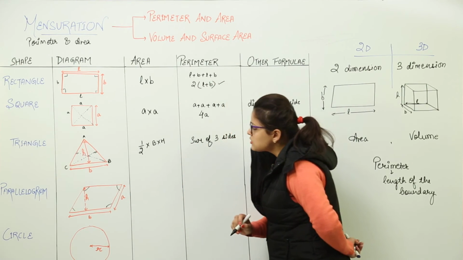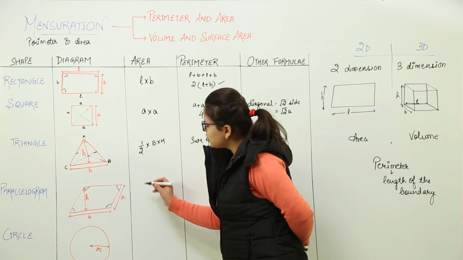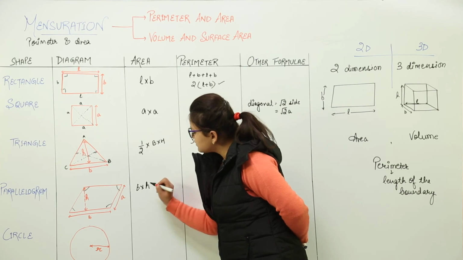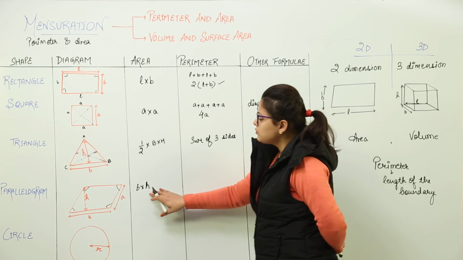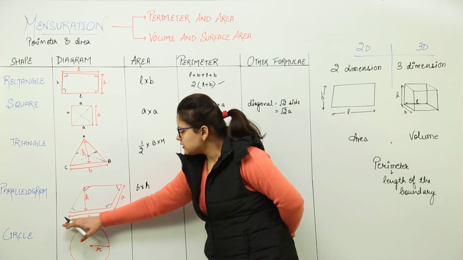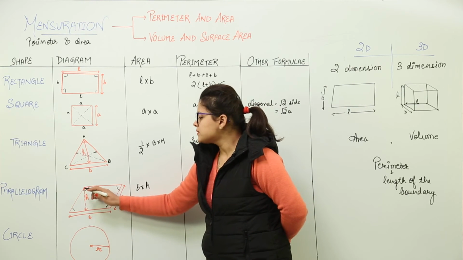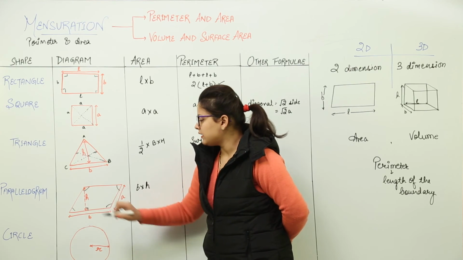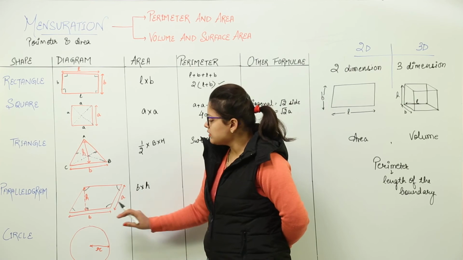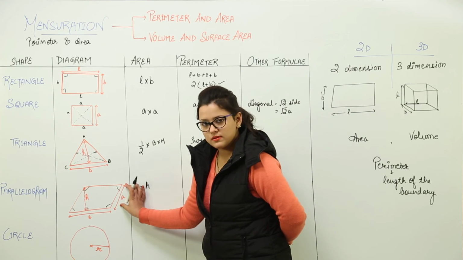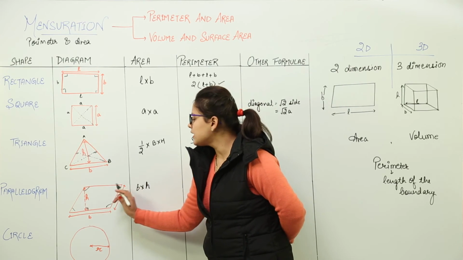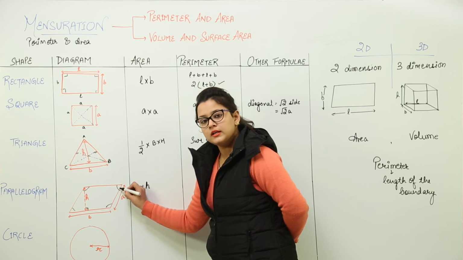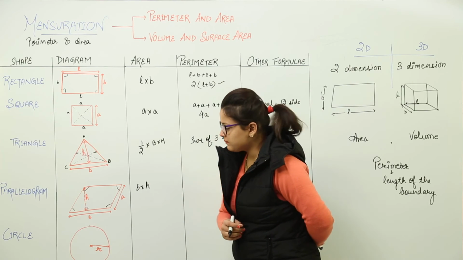So let us discuss what will be the area of a parallelogram. Area of parallelogram is equal to base into height, right? What we do is the same way. We consider the base and from the opposite vertex we draw a perpendicular on the same base that shows our height. Same goes the other way also. If I would have taken A as the base, then what would have been my height? I would have constructed a perpendicular from the opposite vertex on this, and that would have depicted my height.